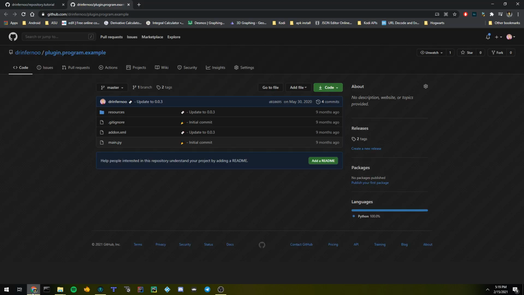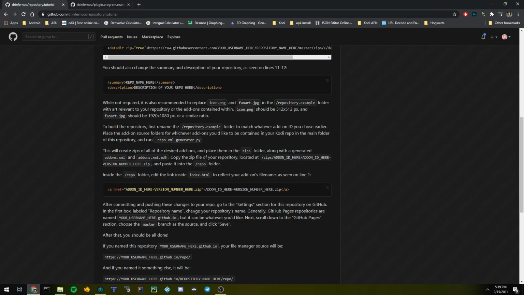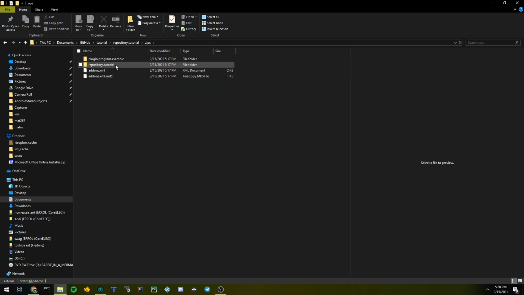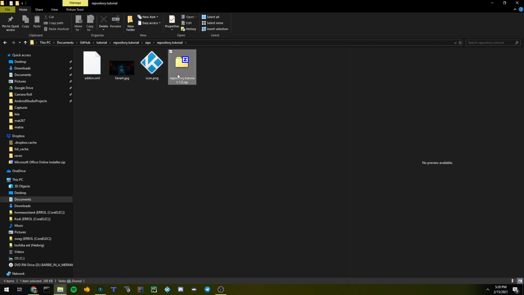Now, we'll go back to the tutorial real quick. It says what I just said. It creates zips of all the desired add-ons, places them in the zip folder, along with generated XML and MD5 files. Now what we want to do is copy the zip file of the repository, which we made. It's inside of the zips folder, add-on ID, which is your repository ID, and the version. So zips, our repository folder, and then it's this zip file right here,